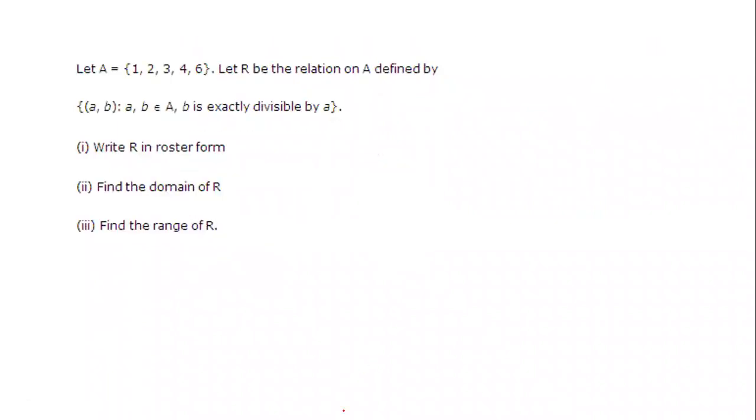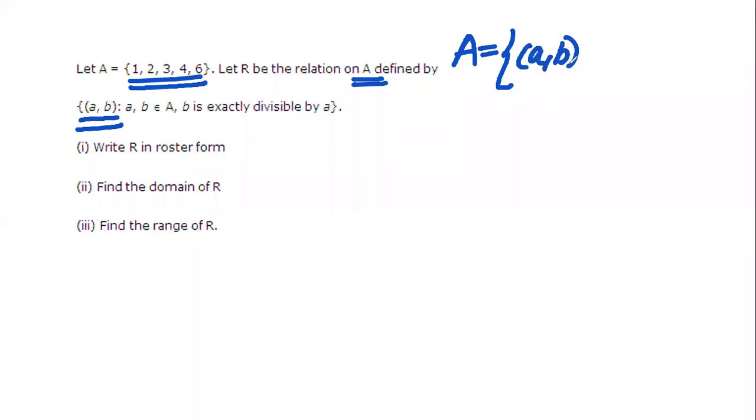Let A equal to 1, 2, 3, 4, 6. R is a relation on A defined by, how is it defined? That is (a, b). Now the relation is named R itself, and it is on set A. Yeah? Sorry, R is a relation. And this is from A to A. Can you see this? The relation is on A, so from where are both elements coming, beta? That is from A to A.